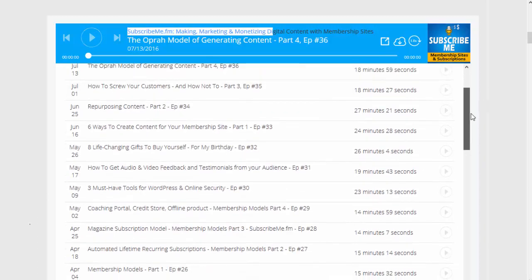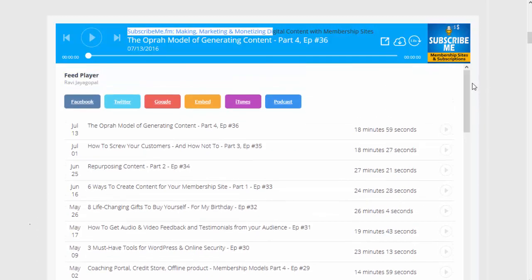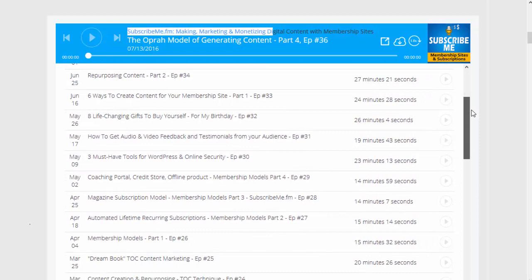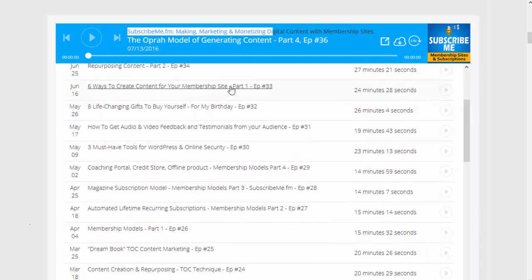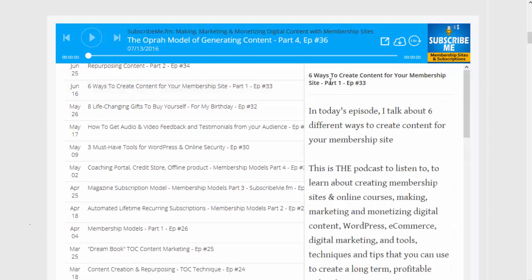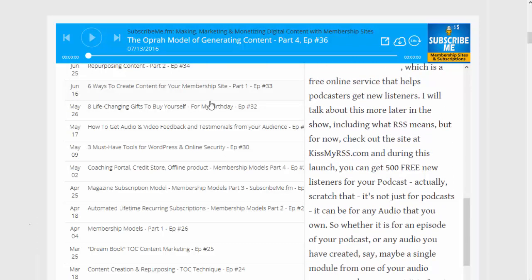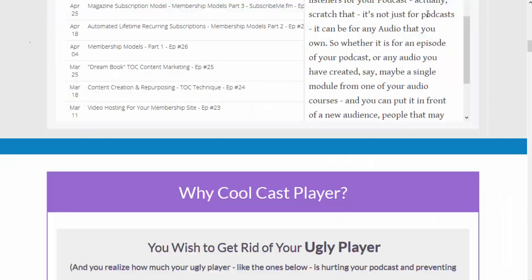And your viewer can just scroll down, and it gives you an easy to use playlist for your users, so they can just scroll down and browse through all your podcast episodes, and they can click on it and they can see the title of the episode and the description. They can scroll down here, and if that's what interests them, then they can just play here. So I'll show you on